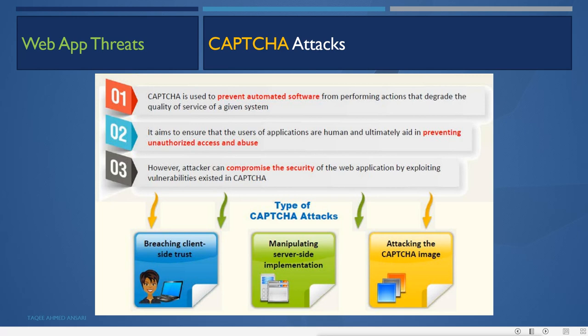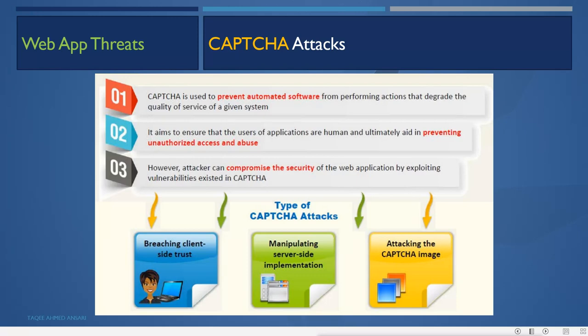So when you fill the form, the CAPTCHA comes up randomly, random numbers with letters, something like this, or sometimes it is images also. You have to write those specific words or characters into the CAPTCHA, and only then can you submit. Otherwise, when your CAPTCHA is not right, you will not be able to submit your form. So by doing this, they prevent the automated software. If someone is trying to use automated software to submit the request 1,000 times, it will not be able to, because every time the CAPTCHA will be different.